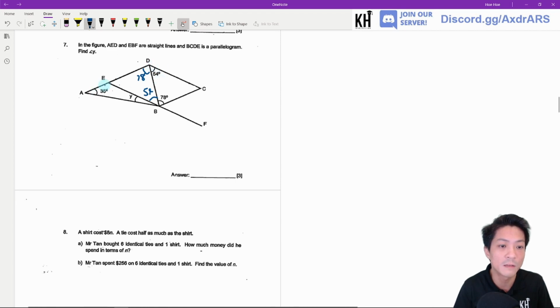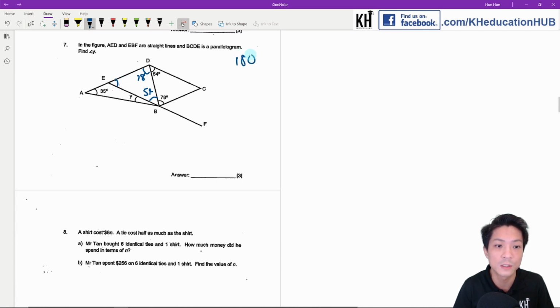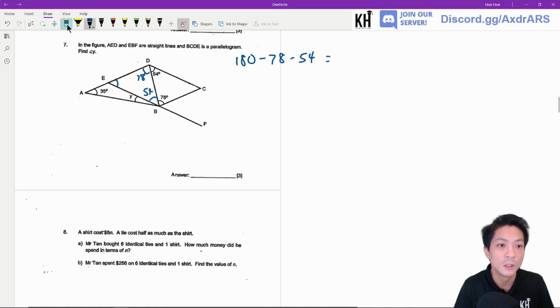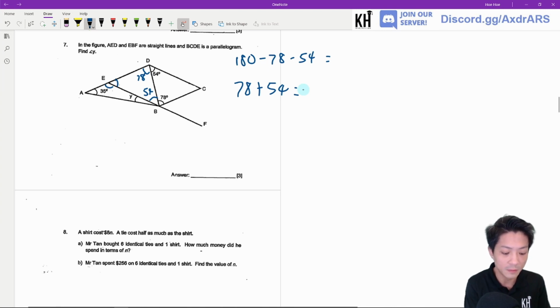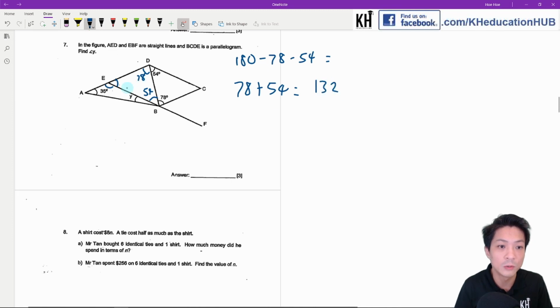Which means that I can find this. Let's do it in steps. I can find this angle here first, which is 180 minus 78 minus 54. But if you know the shortcut, after that you need to use 180 minus this to get the outside, which basically means that this angle outside is 78 plus 54. 132